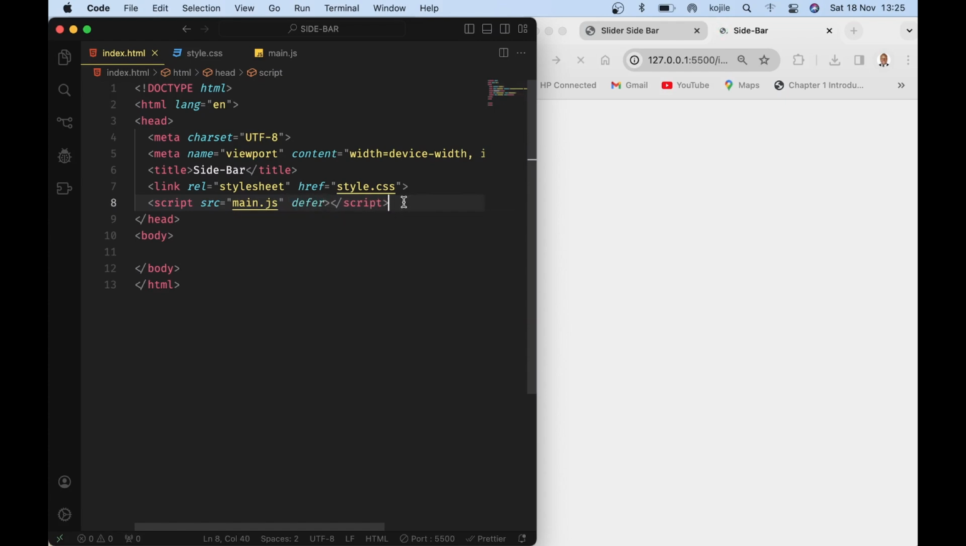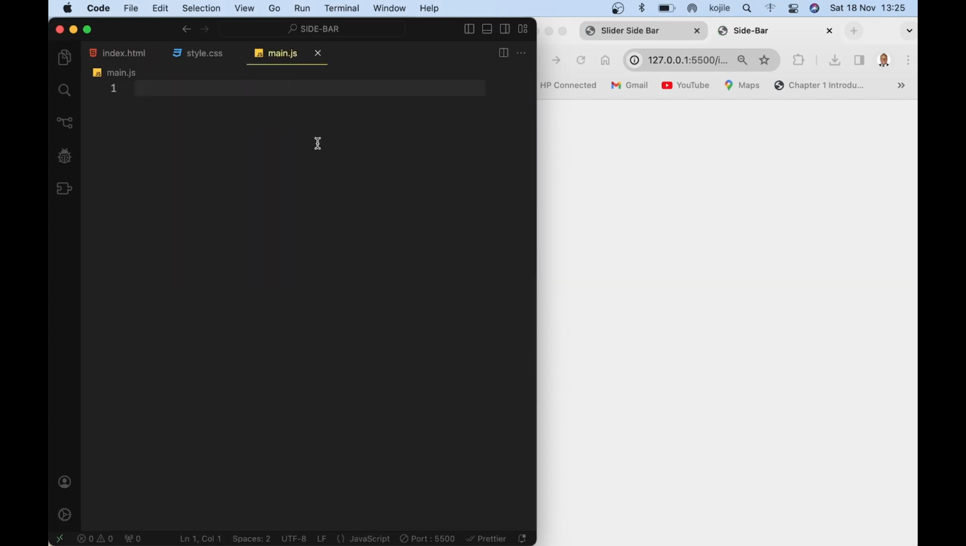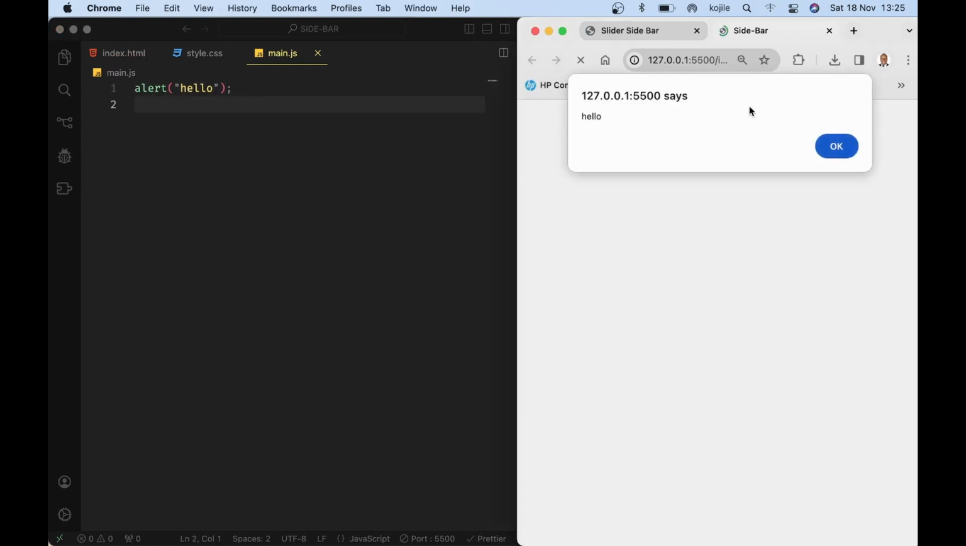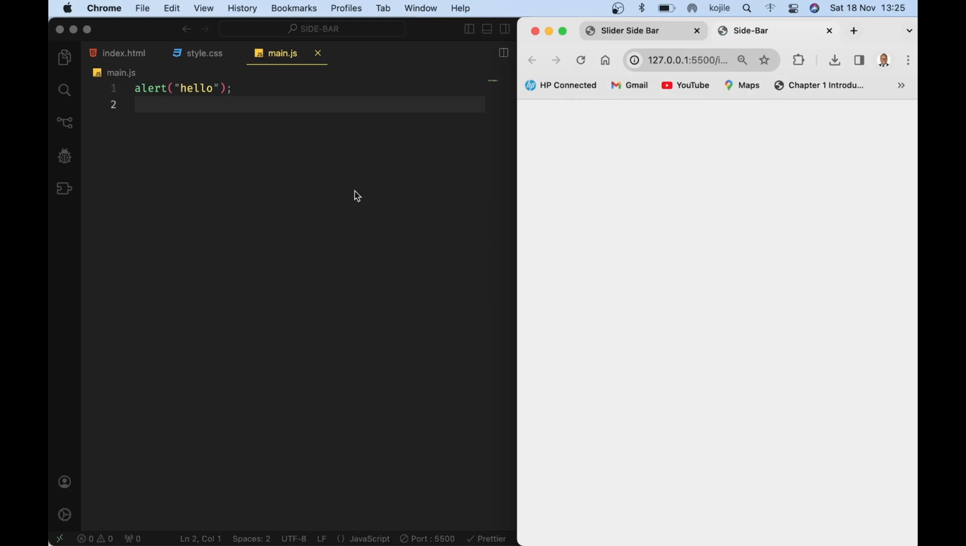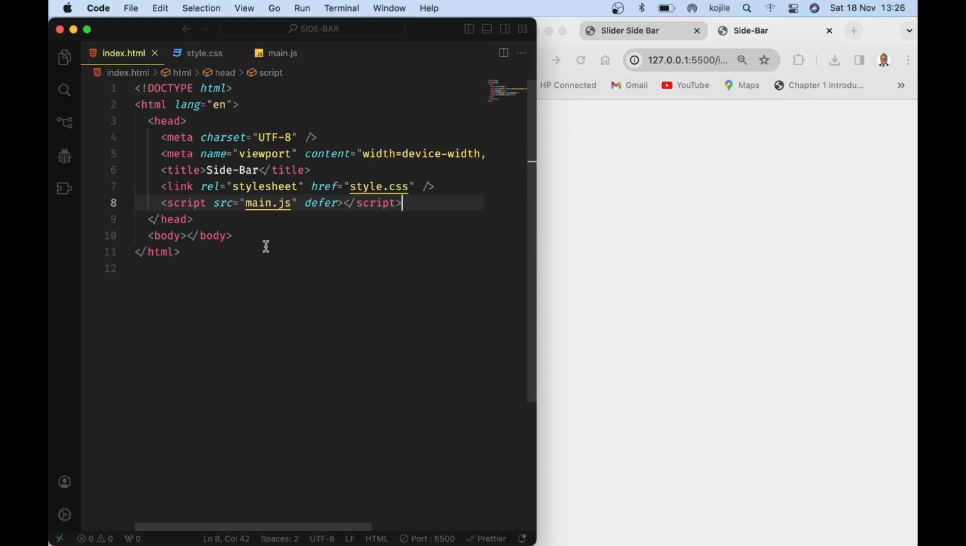So with this, we can go ahead and test whether our JavaScript is working by using alert. We have this pop-up here saying hello, meaning it is linked well to our sheet here. So let's remove it off and come back later. Now in our